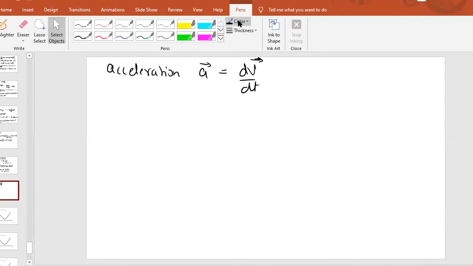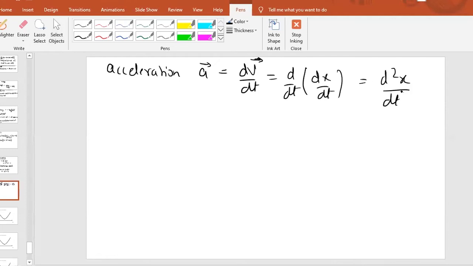Now if you carefully look at this point, dv by dt. Can you write here as d by dt? Velocity can be written as a function of time t, that is dx by dt. Is this correct or not? Velocity is dx by dt. So can we also write here as d square x by dt square? Correct now. So you can see here, acceleration is a double derivative of x with respect to t.